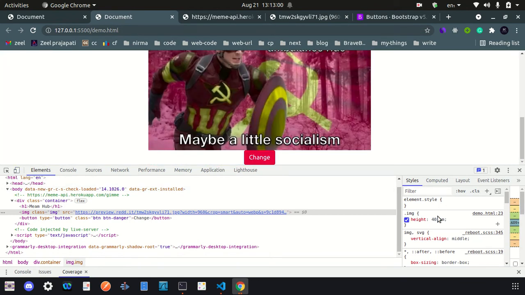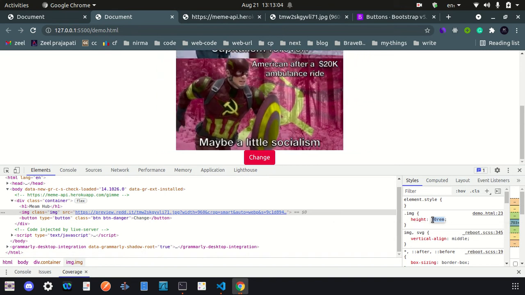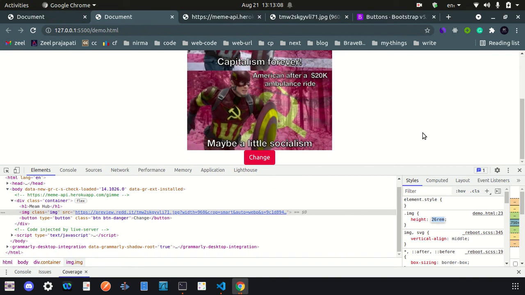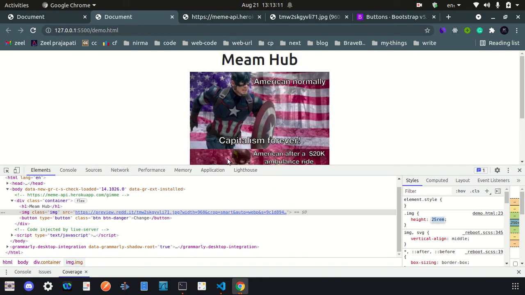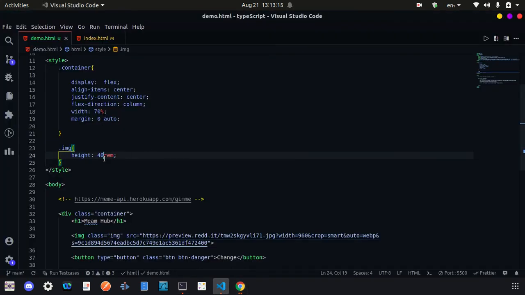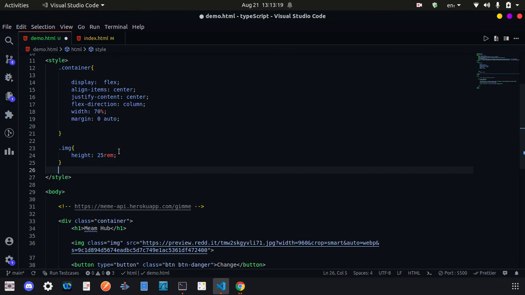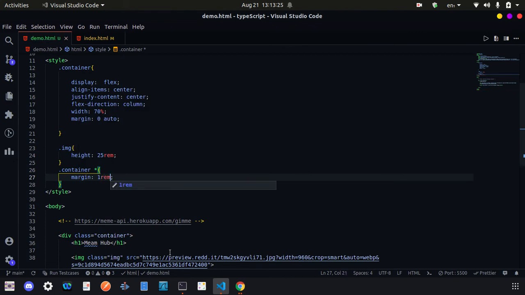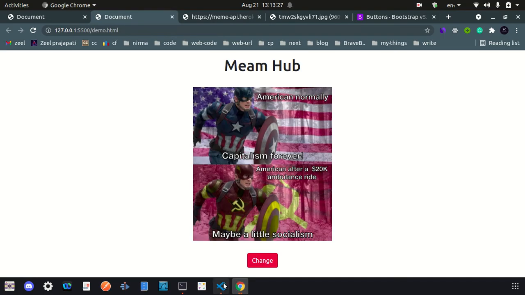So let's change the image height to something else so that it will not go out of our screen and will look nicer. So 28, let's say 25. Okay, 25 will be enough height, I guess, and then I will target all the components in the container, and I will leave some margin to them, like 1 rem, so that they look nice.